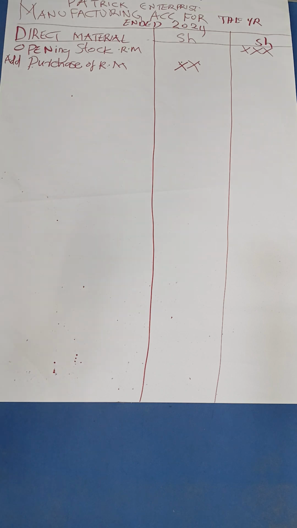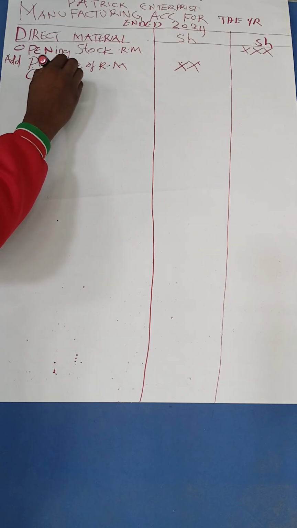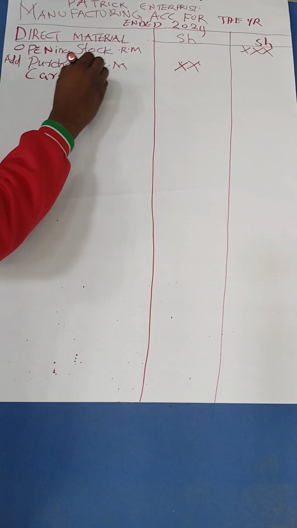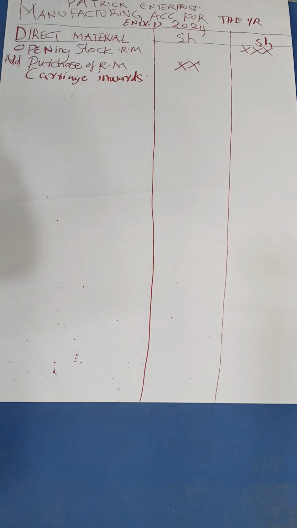Well, remember, when you are going to buy some goods or the raw materials, there are some small costs you will incur. One, carriage inwards. In a question, if you have been given carriage inward, you have to do what? You have to add here. There are some costs you will incur, like carriage inward. If somebody asks you what is carriage inward,